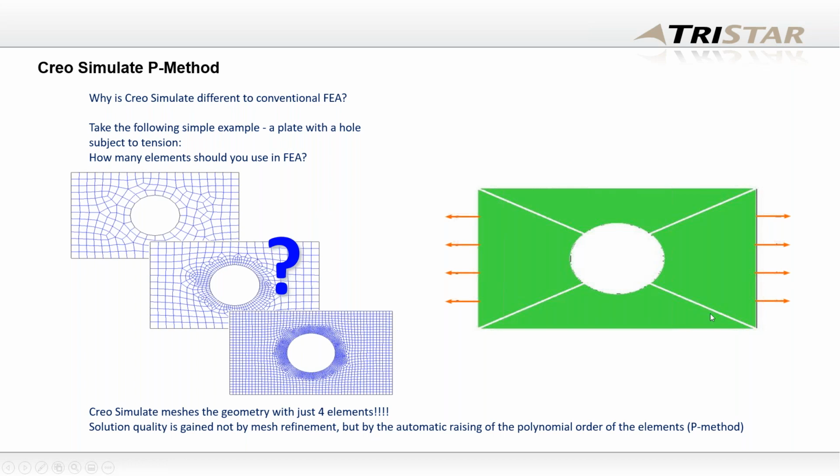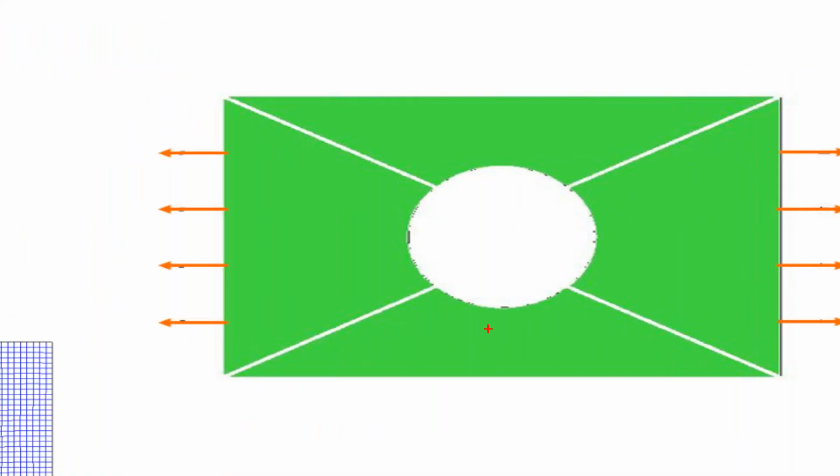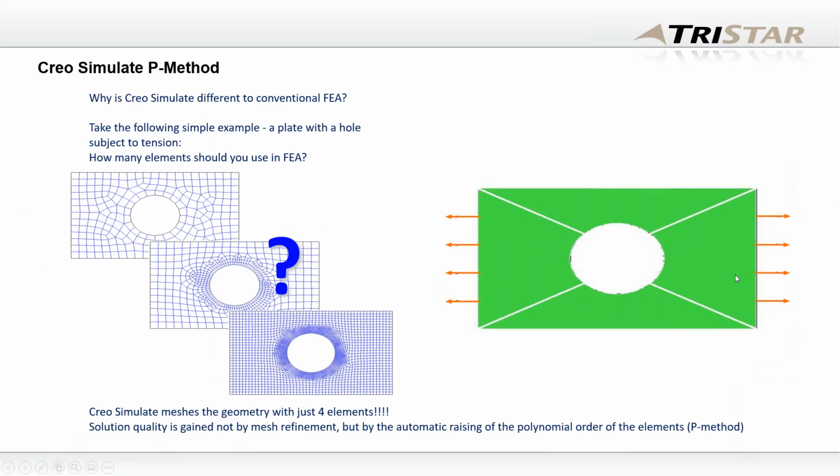However, when it comes to Creo Simulate, it can solve that with a larger number of elements. The reason is, when I push this plate on either side, the deformation, I'm just exaggerating it, is going to behave in a certain way, but I'd like to capture that deformation using a higher order polynomial. So the software uses an adaptive method where it uses up to 9th order polynomials to converge on the solution, thereby reducing the dependence on the user's experience. The burden of getting accurate answers transferred from the user's experience to the math built